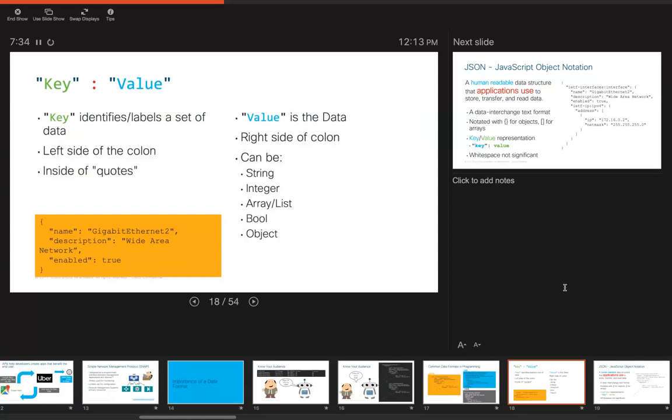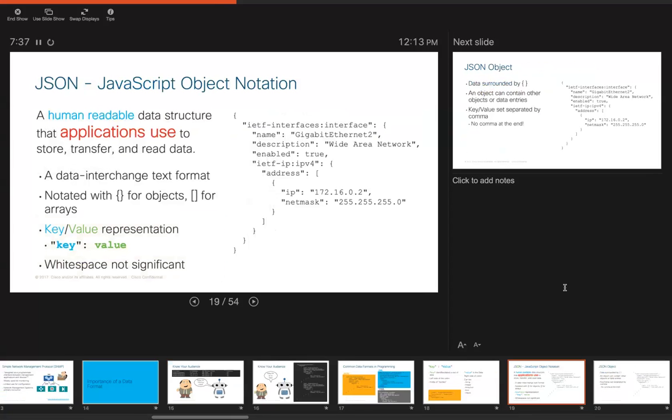I want to dive a little bit deeper into JSON, JavaScript Object Notation, because it seems to be one of the more popular data formats that's out there and being used across the board. But again, the idea is that it is human readable, but also, in the API framework, it can be read, changed, and manipulated. And even as we look at this particular piece of JSON code here, the object itself is put in between these curly braces, and then we can also have lists, and we'll see those in bracket formats.